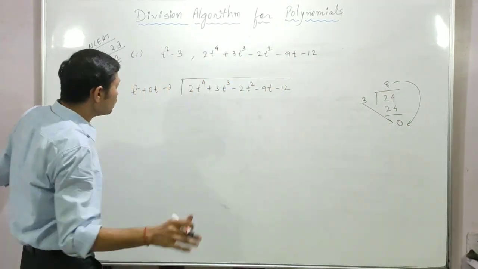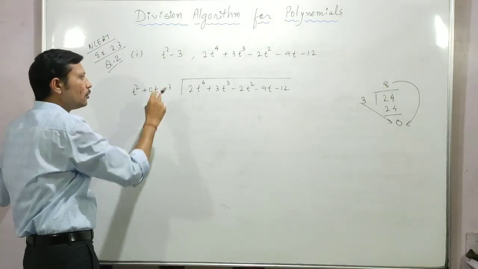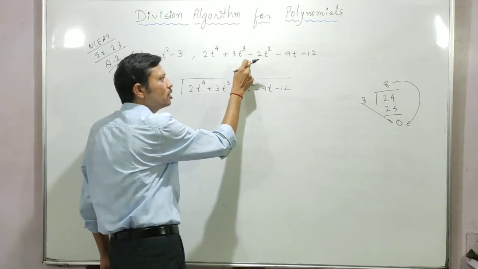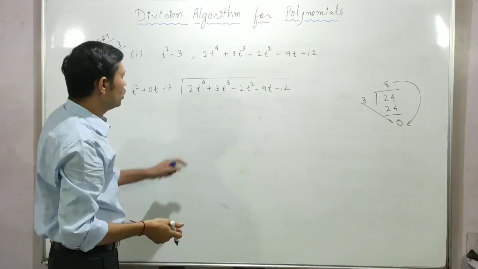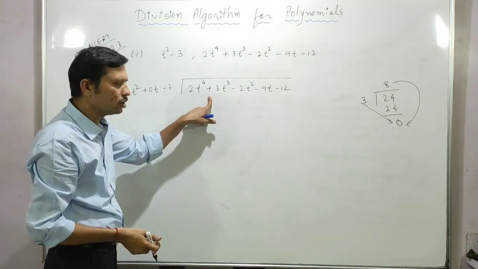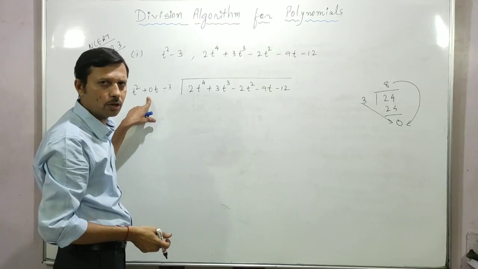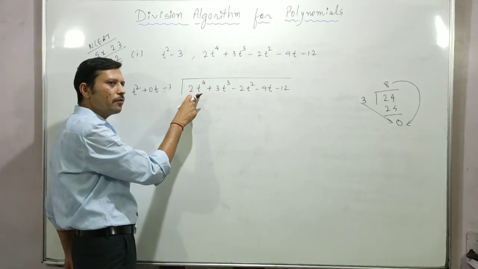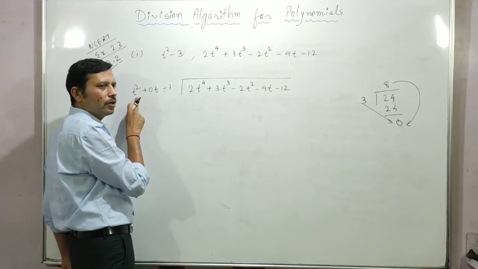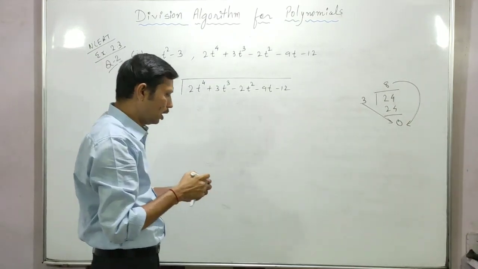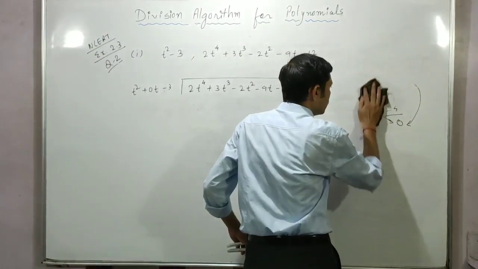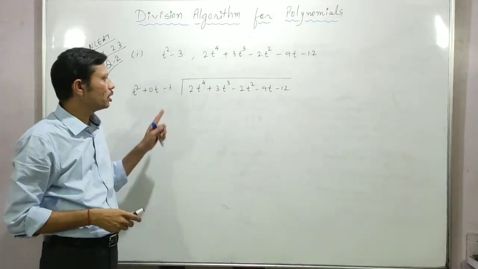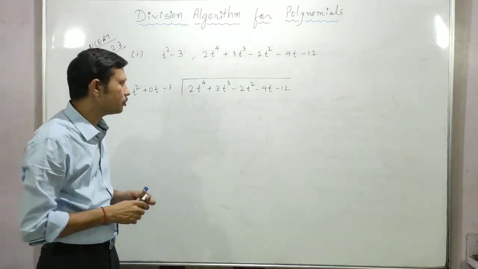Okay. But as per our question, we have to check whether the first polynomial is a factor of the second polynomial or not. So the second polynomial we have to take as a dividend, and this one I have to check as a factor or not, so this one I have to take as a divisor. And higher degree obviously we can take as a dividend, and the lower degree always we have to take as a divisor. Okay. Let's do the calculation. The same way long division we will perform, and if I get the remainder 0, that means the divisor is a factor, otherwise not. Okay.